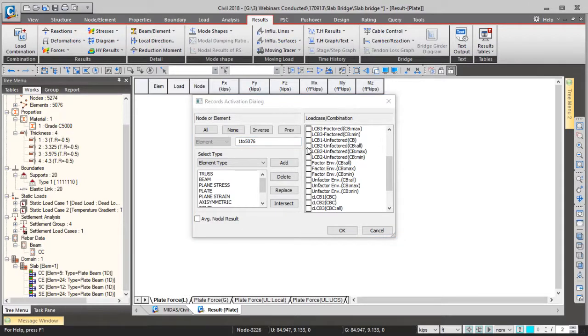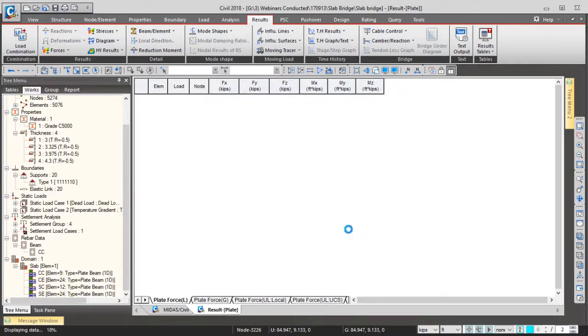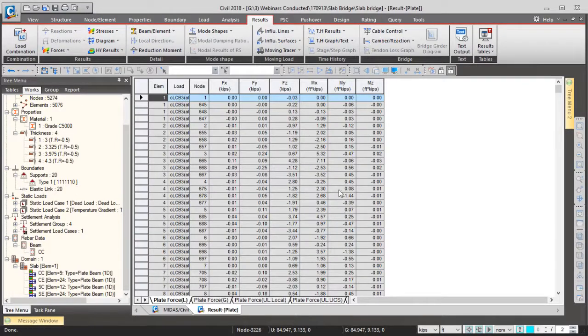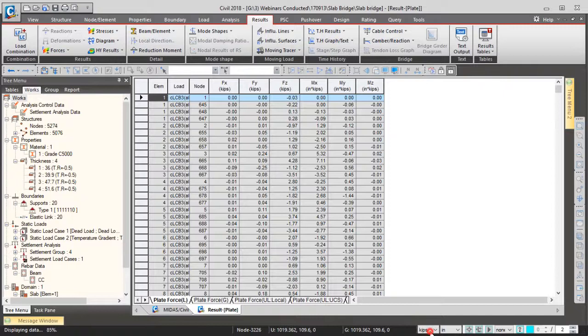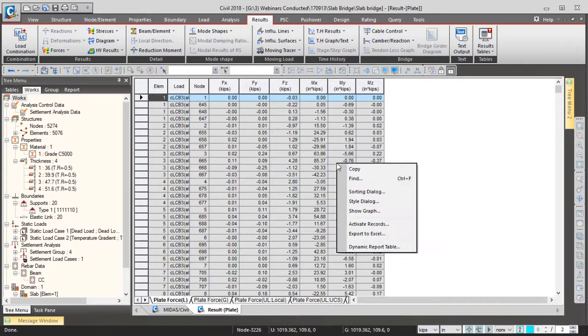You could select any load case required, CCLCB1 all. Okay, so for all the plates at all the node locations and center locations, the results would be obtained. Again, you could change the unit to kips inch if required, or rather pound inch. Okay, this is fine. And if you want to see the concurrent forces, in that case